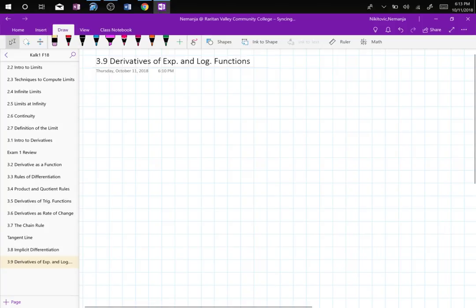Hello and welcome back to Calculus 1, section 3.9 on derivatives of exponential and logarithmic functions, and then the logarithmic differentiation as well in all of its glory. So we'll start with derivatives of exponential functions because you already know pretty much everything you need to know for that. One formula which I stated earlier was that the derivative of e to the x is e to the